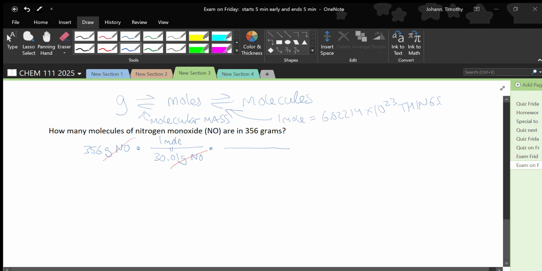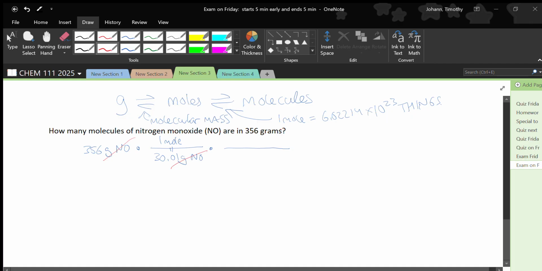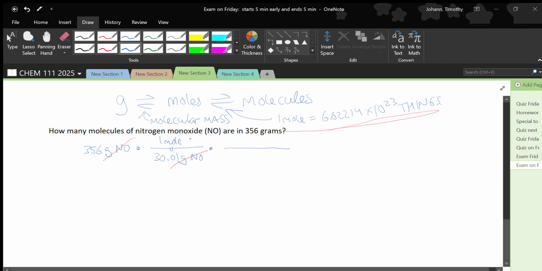Avogadro's number, which I gave you right here. This is Avogadro's number, all right? So what's going to go on the bottom and what's going to go on the top? Moles is going to go on the bottom, and if I'm really being careful, I'll say moles of NO, but 1 mole of NO goes on the bottom, so it cancels, which means Avogadro's number goes on the top,